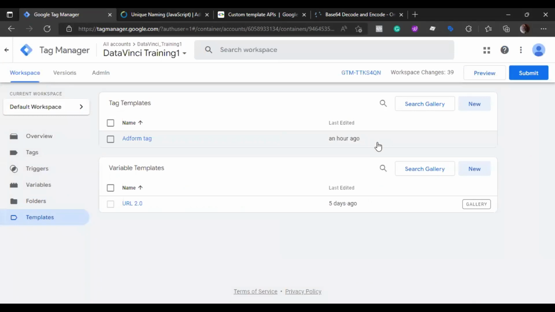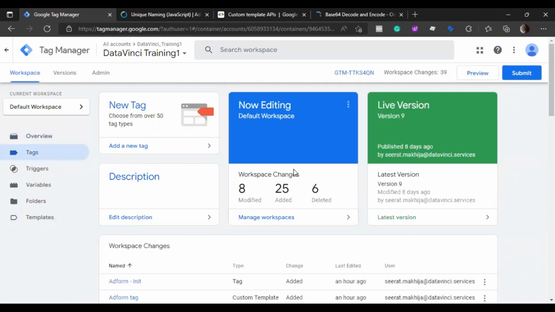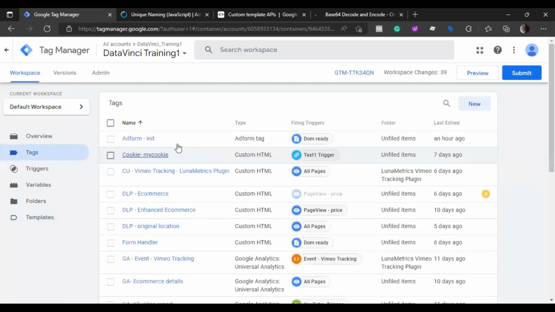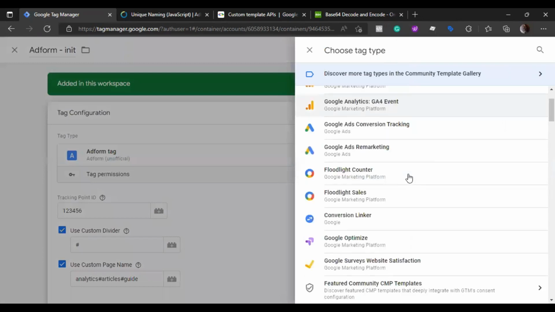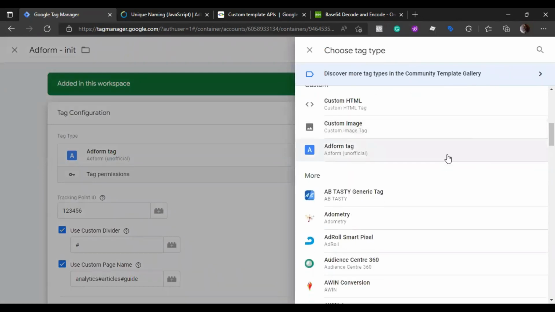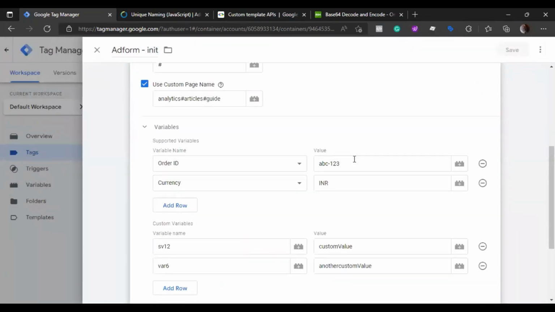So now let's go to the overview section, and inside the overview, let's go to the tag section and create a tag with the template that we just created. So I have already created a tag here, and under the tag type, we have the template that we created. If I click here and select, it will be available in the list. So we select this, then we see this is the same preview that we saw while creating the template. So the preview while creating the template really helps us to see how the user will perceive our template,